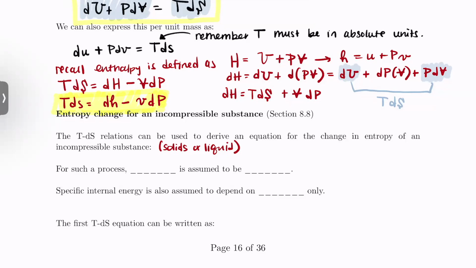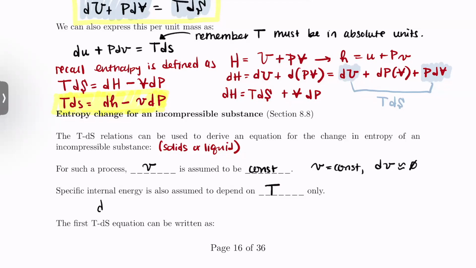So for such a process, the specific volume, so lowercase v, is assumed to be constant. All right, so if we have an incompressible substance, generally what that means is our volume is going to stay the same, right? So another way of writing this is specific volume is a constant, or the differential of that specific volume is, of course, 0. All right, so our specific internal energy can also be assumed to depend on temperature only